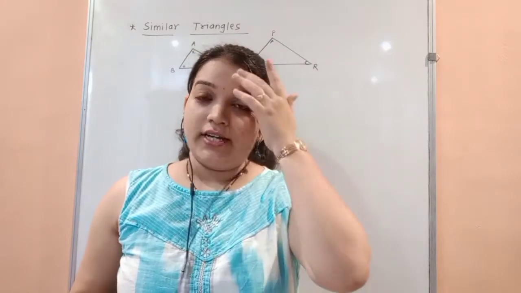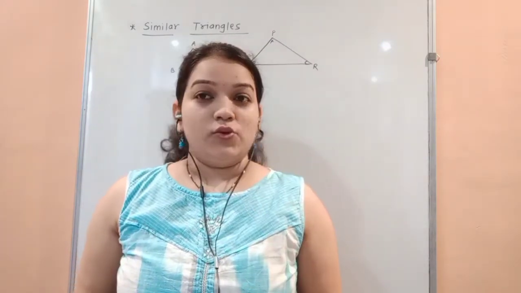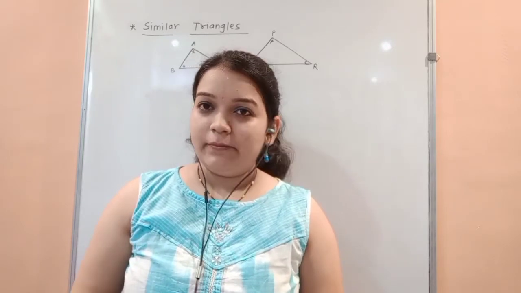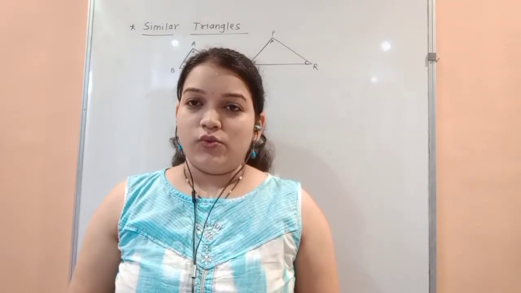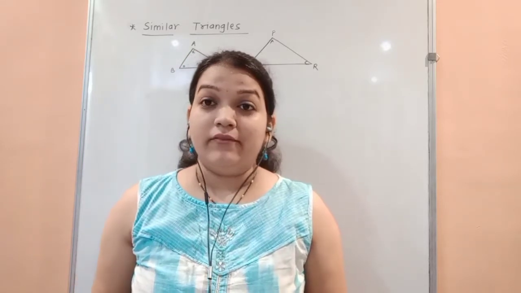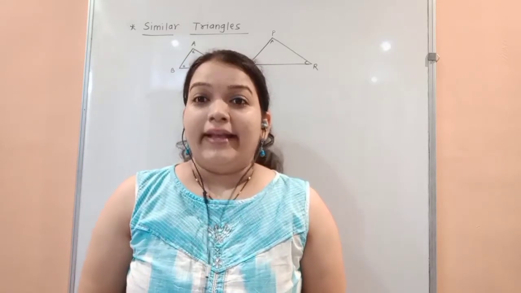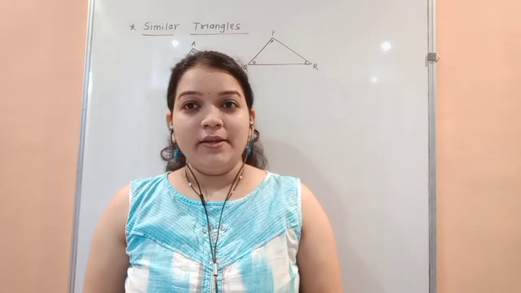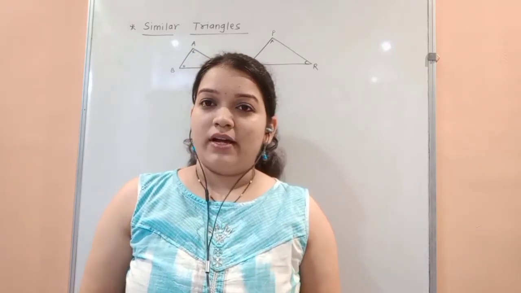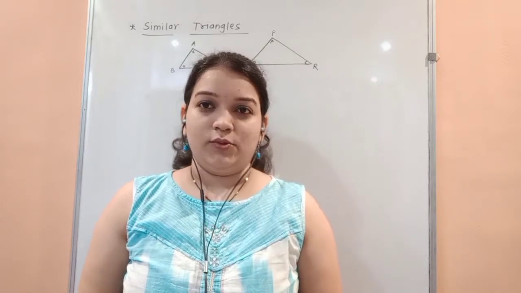Students, we are studying the first chapter of Mathematics 2, that is Similarity. Already we have studied the ratio of areas of two triangles, then BPT, the Basic Proportionality Theorem, and its proof. Also we have studied the converse of the Basic Proportionality Theorem, then the angle bisector theorem and the property of three parallel lines. I hope that part is very clear to you all.